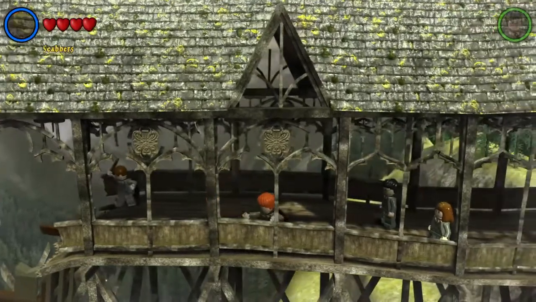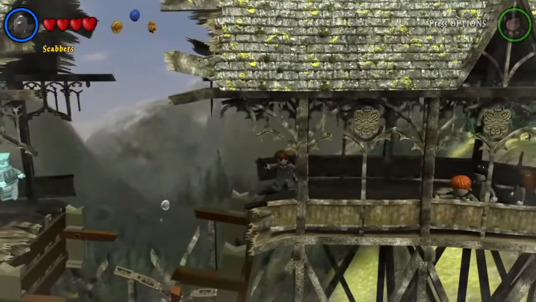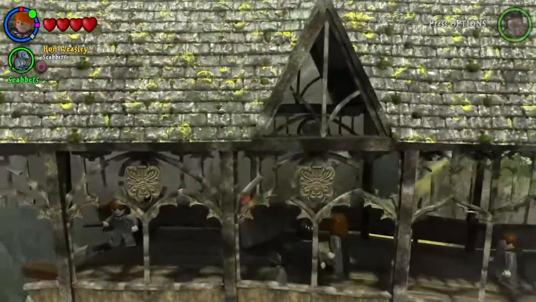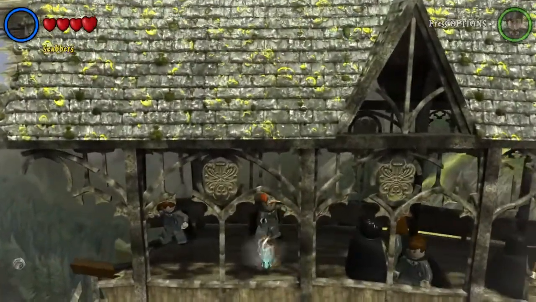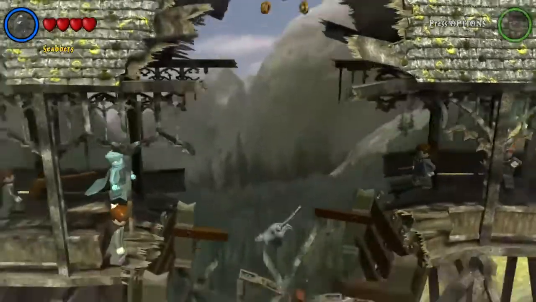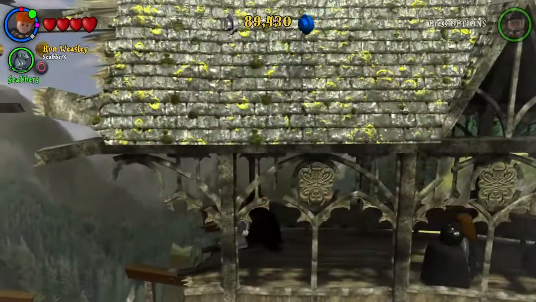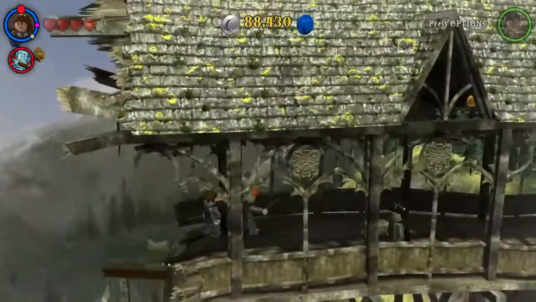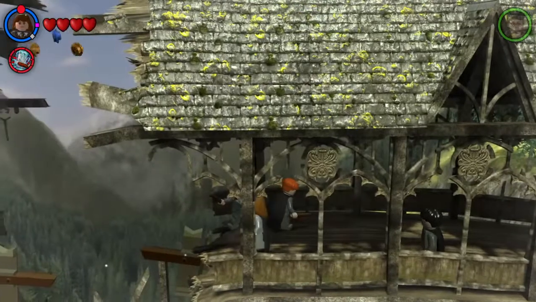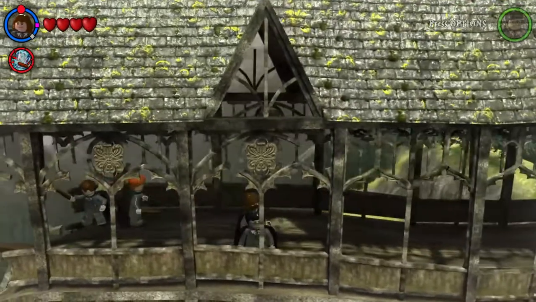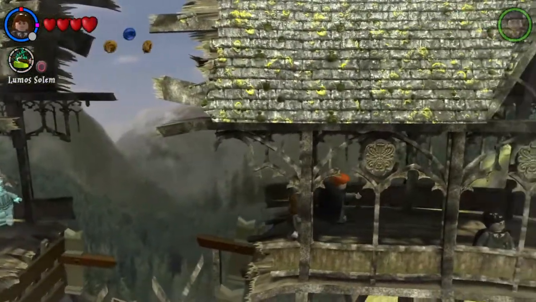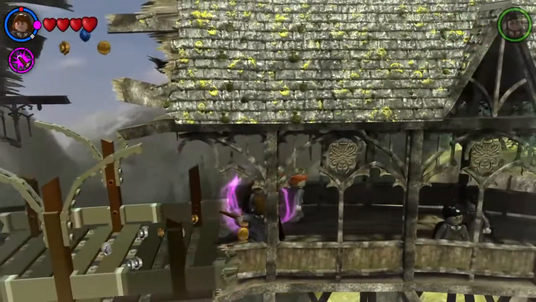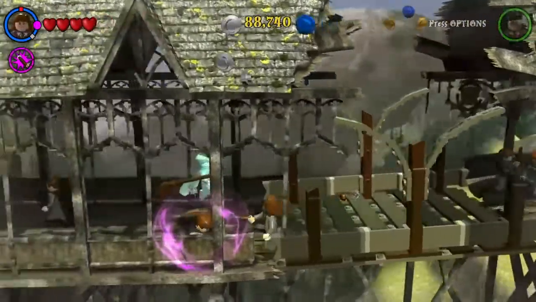What do you think? Nope. Let's see if Hermione can jump far enough. No, we're just losing lives here. What do we do about this? We don't have Accio also. Oh, it was this simple. Nice.